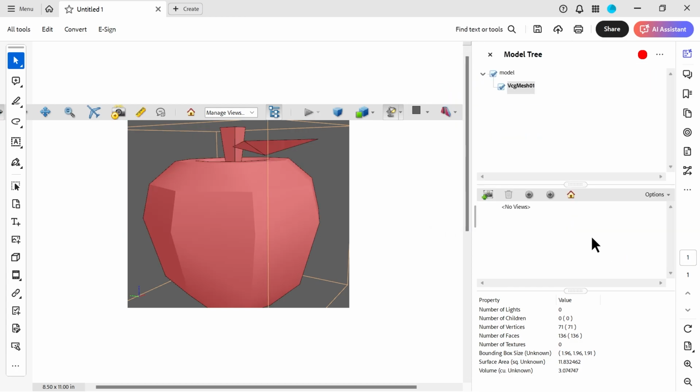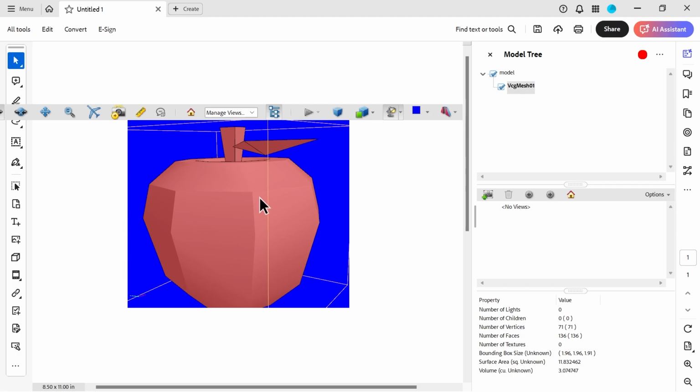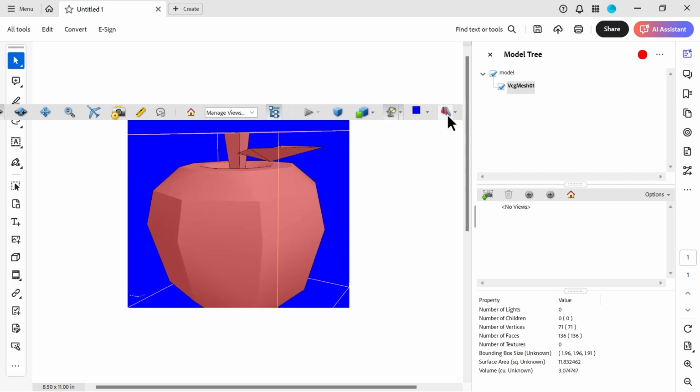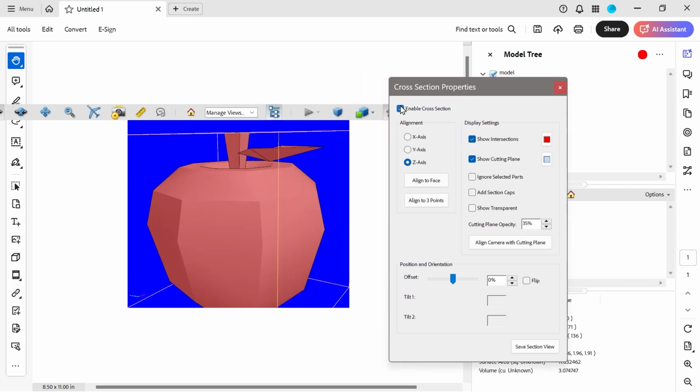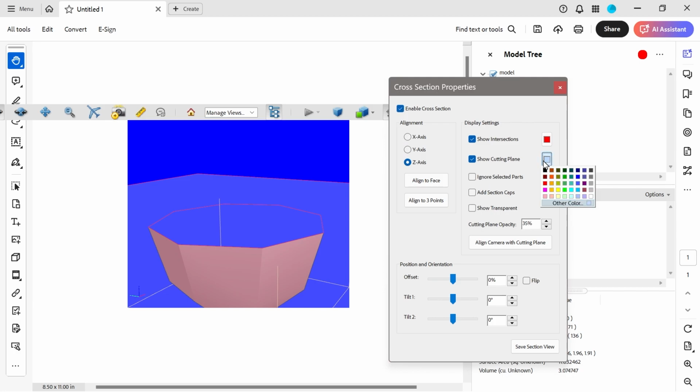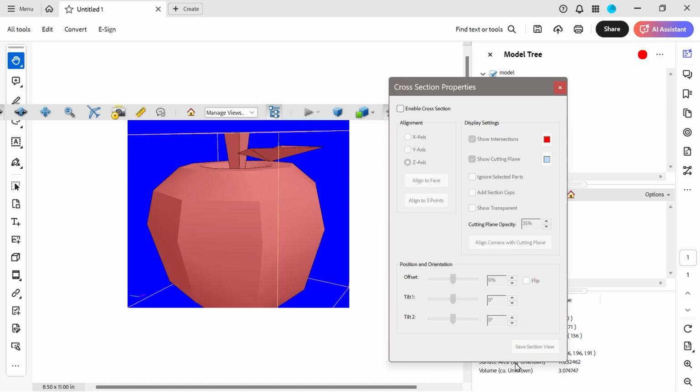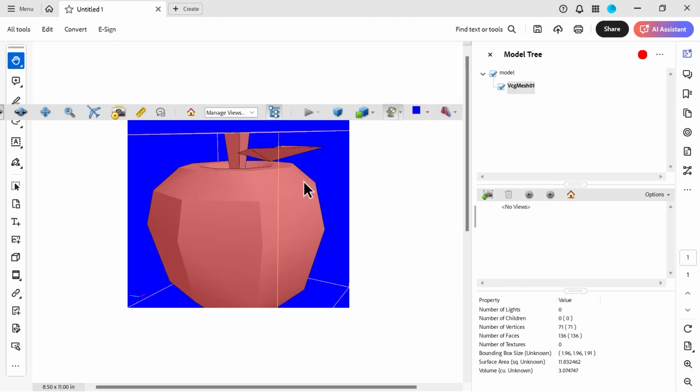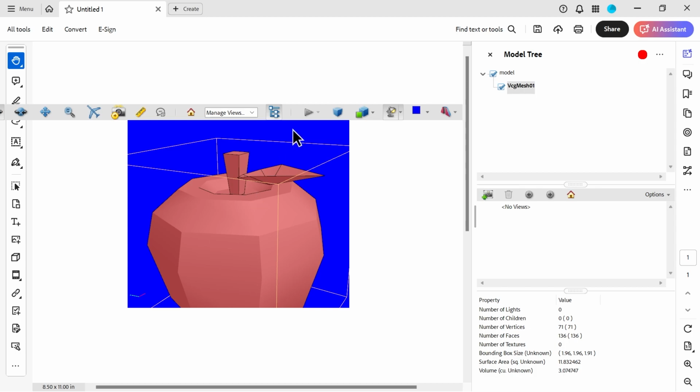Shaded illustration. You can also change the background color here as well, which is cool. Enable a cross section as well. So you can see that there's a bunch of different options for 3D objects. But yeah, the key is obviously to make sure you've got that file type